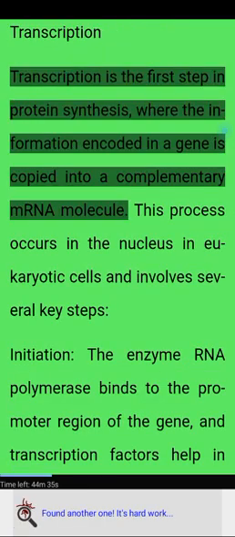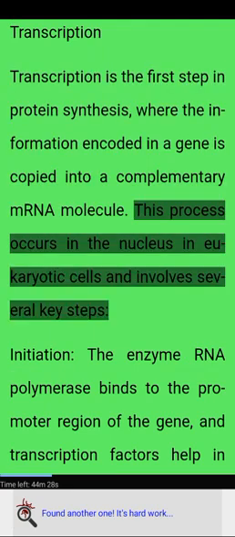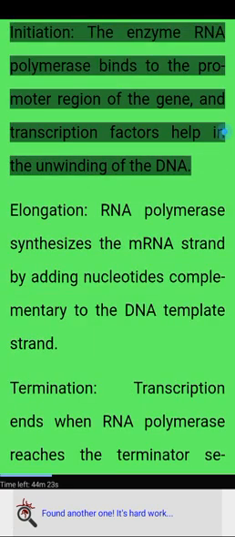Transcription. Transcription is the first step in protein synthesis, where the information encoded in a gene is copied into a complementary mRNA molecule. This process occurs in the nucleus in eukaryotic cells and involves several key steps. Initiation: the enzyme RNA polymerase binds to the promoter region of the gene, and transcription factors help in the unwinding